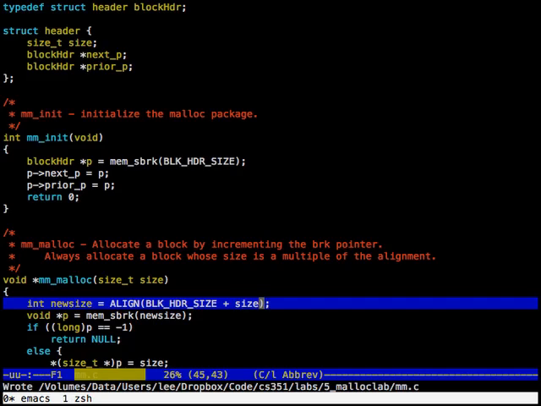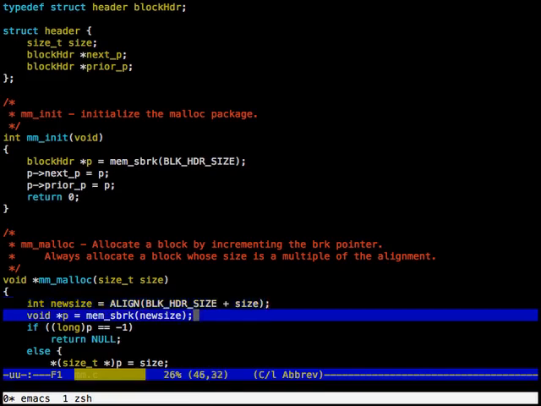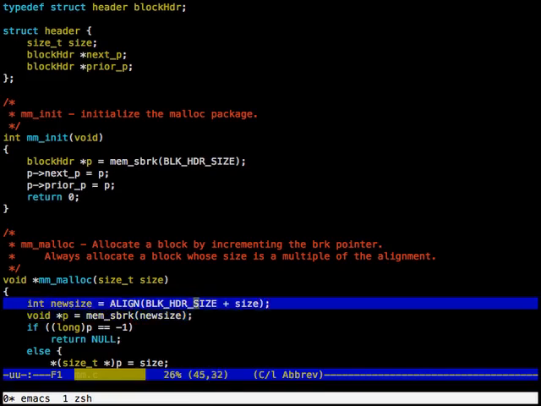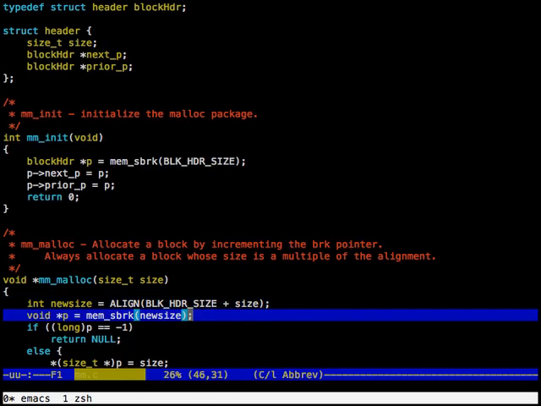Now, like I said, I'm not going to try and get too fancy here. I'm just going to always have a block header for every block, whether it's allocated or free. As you're working in your lab, you probably want to think about eliminating the header and just saving a header word for your allocated blocks. Again, I'm just going to make this as quick as possible and as easy as possible. So I have my line here, and